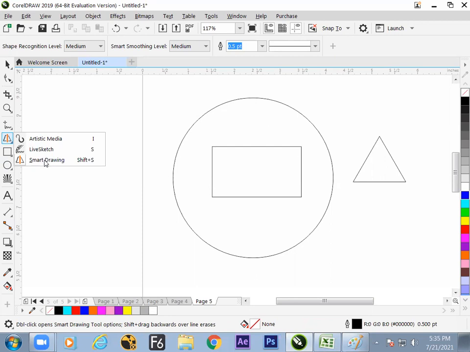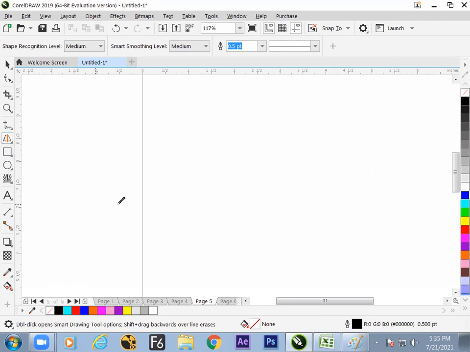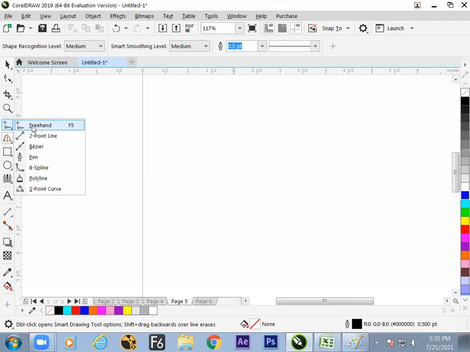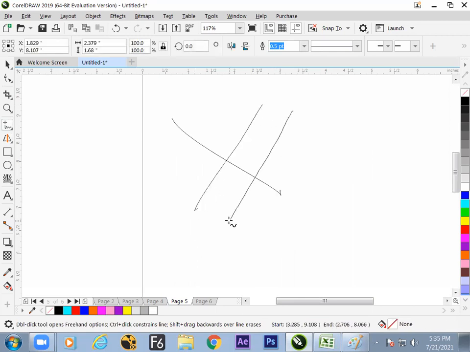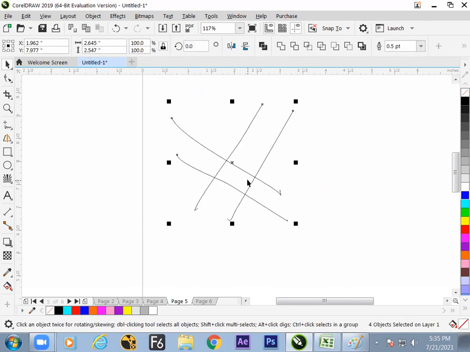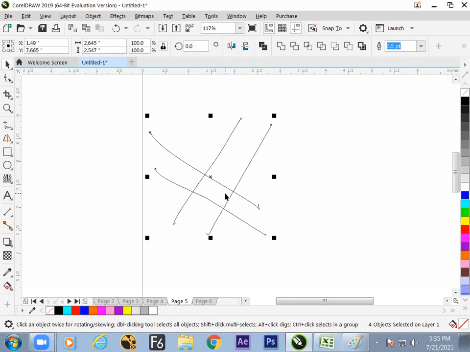In exactly the same way that Smart Drawing works, we have an option called Smart Fill. Let us see how Smart Fill works. For example, we have 4 crisscross lines and we want to fill a color inside. It is very difficult in CorelDRAW to fill inside it. It needs blending, cutting, joining, a lot of work. At that point, this will help us. What is this called? Smart Fill. Inside your toolbar, at the extreme bottom, you can find an option called Smart Fill.